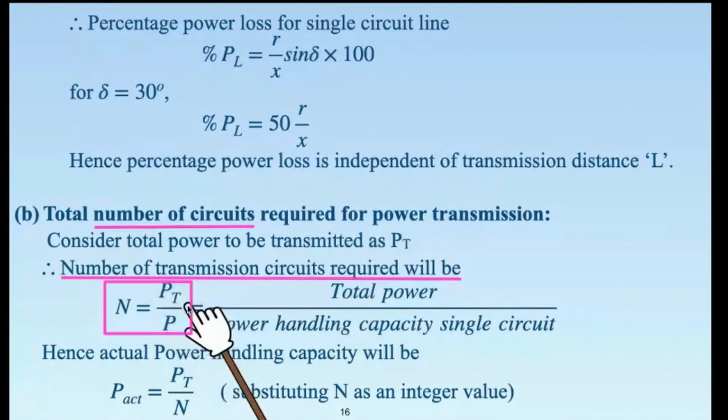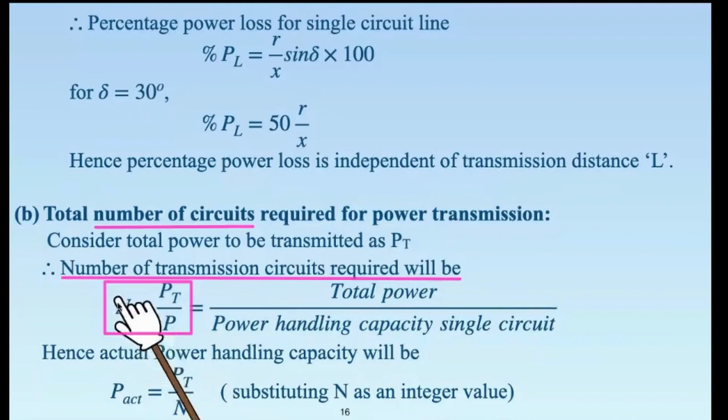Total power can be any value. Power handled by a single circuit can be some certain value. Okay, they may not be related in exact multiples. This may be 650, this may be 250. Okay, so in such a case, if you try to calculate the number of circuits, they will come out to be fractional. Let us say 2.1, 2.2, 2.3, or maybe 4.1, 4.2, like this. Okay, so whenever you get a fractional number of circuits, naturally we understand that the number of transmission line networks